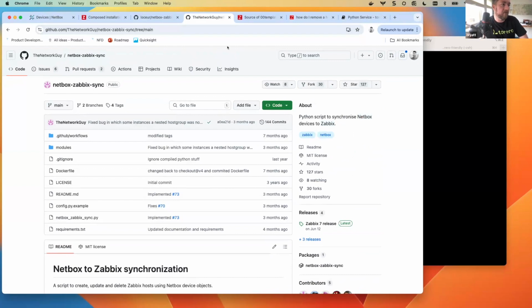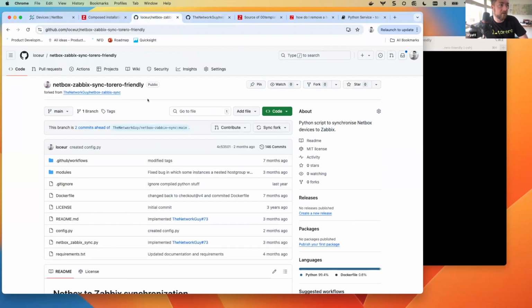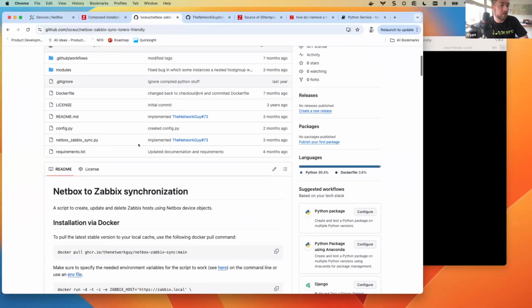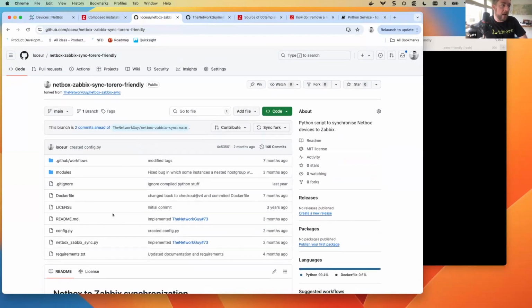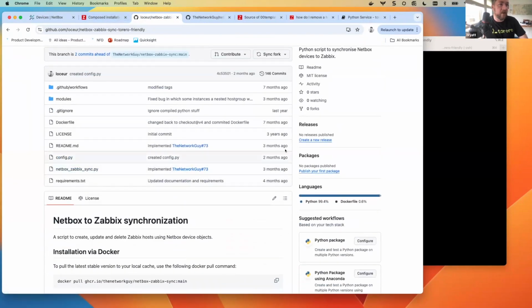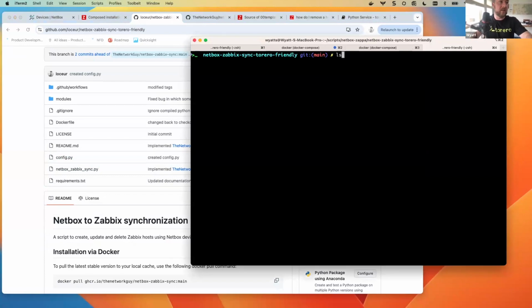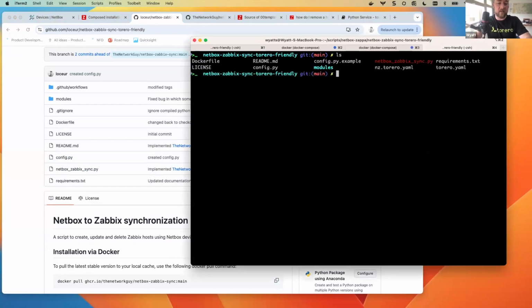And great. So the first step is I'm going to fork it. I've already forked it ahead of time, so I'm not going to do that process over again, but I forked it to my own repository. That way I can create the config.py. All it needs is a config file. In fact, I think I didn't even change the config file. Let's see, config.py and config.py.example. Yeah, it's the exact same file.